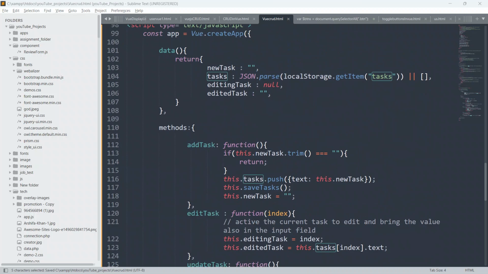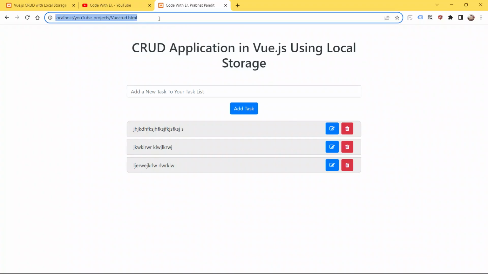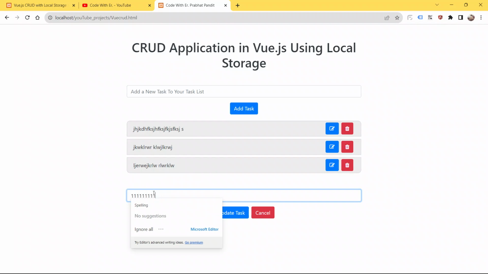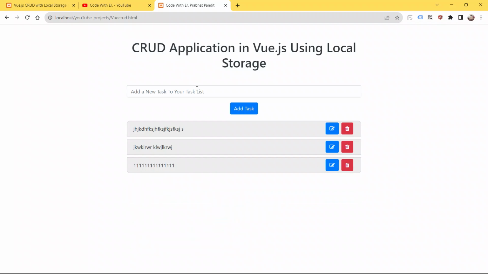So now save your code, go to the browser and refresh your page. Now try to edit the last task. Put 111 for testing purposes. Now hit the button update task. Now refresh the page. See, boom guys, this time it is working. So click the second one, try to change, give the name Prabhat Pandit.